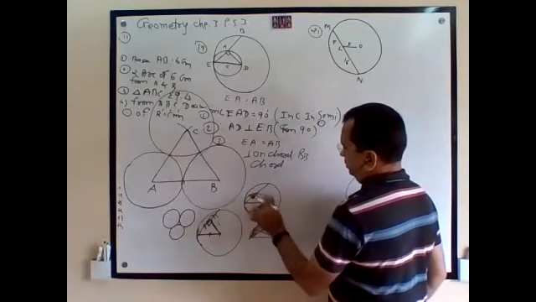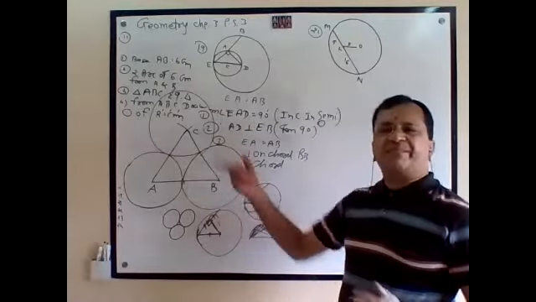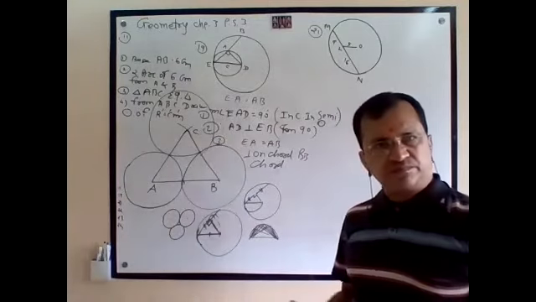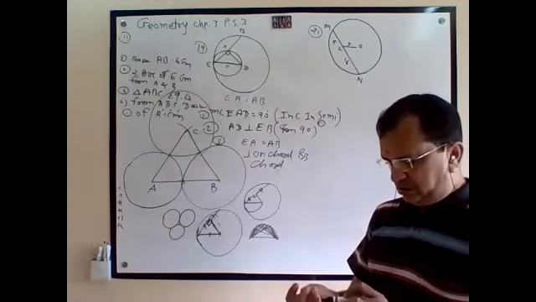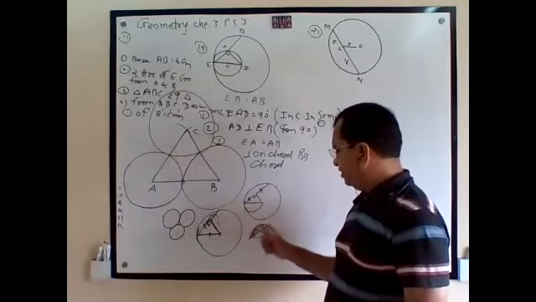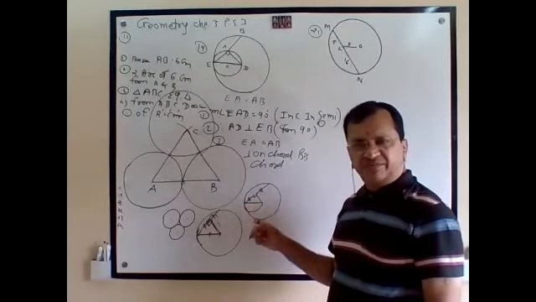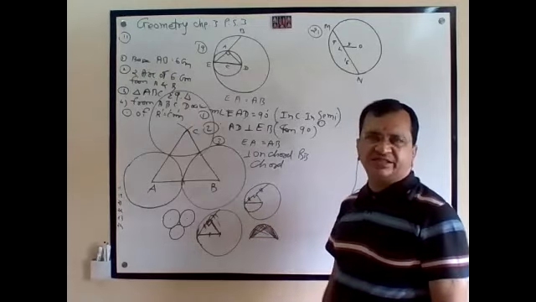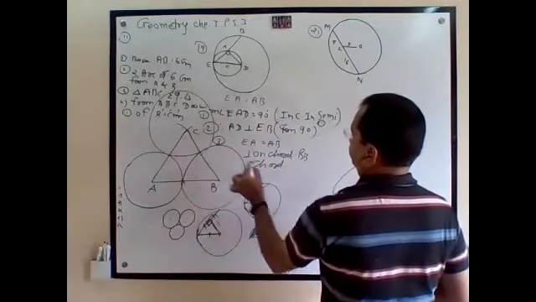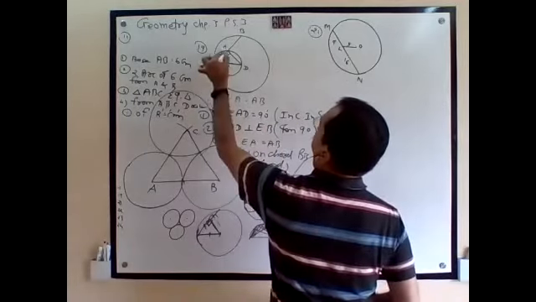So now forget about this circle. Now on a chord, a perpendicular is drawn. So whenever we draw a perpendicular, always it is a bisector. So two exam rule sentences we have applied: that an angle inscribed in a semicircle is 90; if it is 90, then it is perpendicular; if it is perpendicular, then it is a bisector. So we have to prove that this and these are equal.